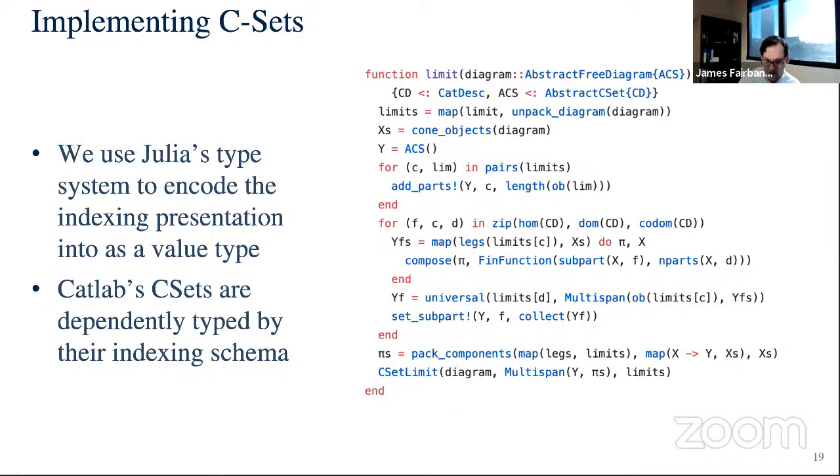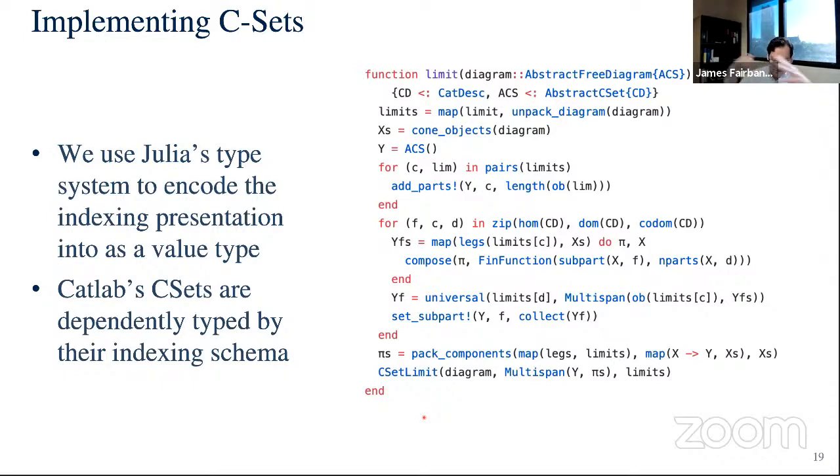So then you've got to pack components. So there's unpacking to do things component wise, and then packing up the components, bundling everything together. Right? So this lets you think of the way you think about a CSet algorithm is like, for all objects in C, I do something with these finite sets. For all arrows in C, I do something with these finite functions, functions between finite sets, which are just arrays.